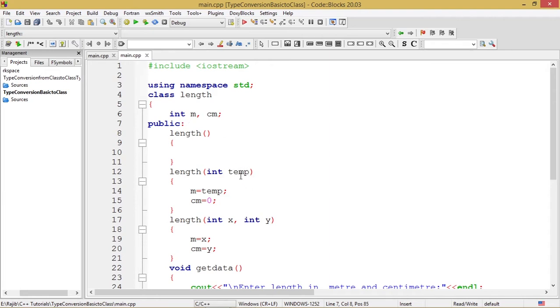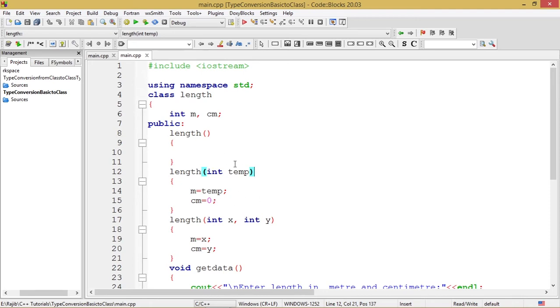But this is an exceptional case where one parameter is associated with this parameterized constructor. This is because this is the constructor which we have used to achieve this type conversion of basic to class type. You'll understand in a bit.